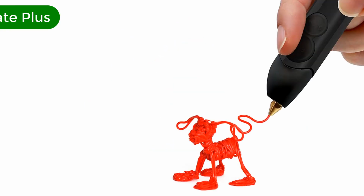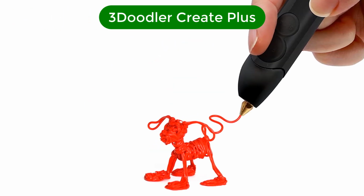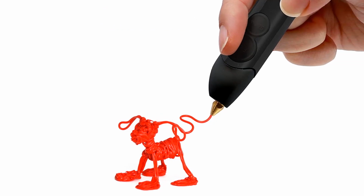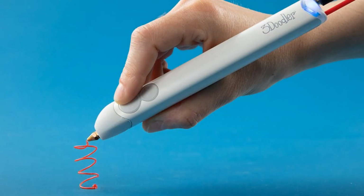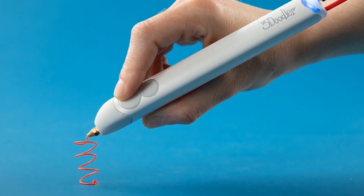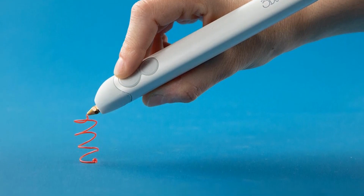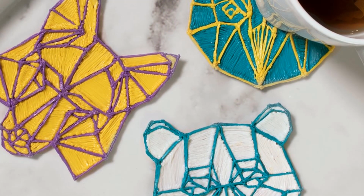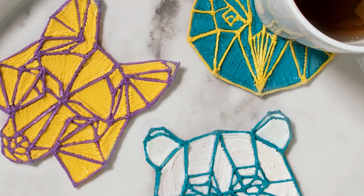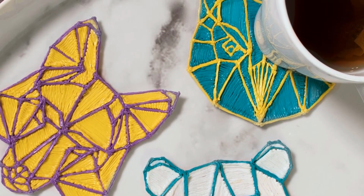Number 1. Our top pick is 3Doodler Create Plus. If you want to take 3D printing into your own hands, we recommend the 3Doodler Create Plus. This handheld pen lets you create 3D objects as easily as you would with a standard pen and paper. We like the 3Doodler Create Plus because it's easy to hold and it supports a variety of materials. Less expensive options like the Polaroid Play 3D pen restrict you to PLA, so you get greater flexibility with the